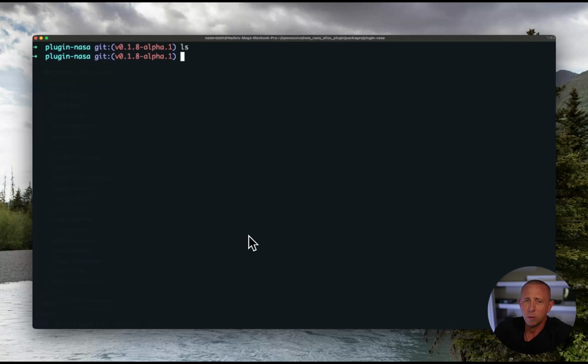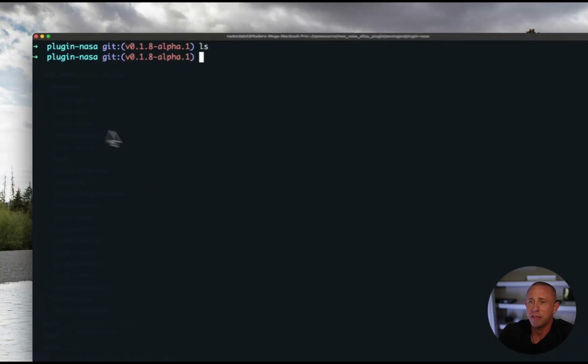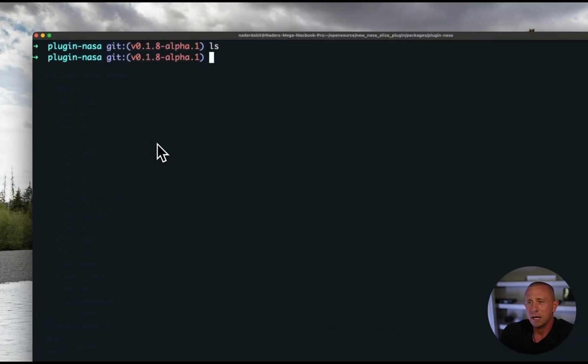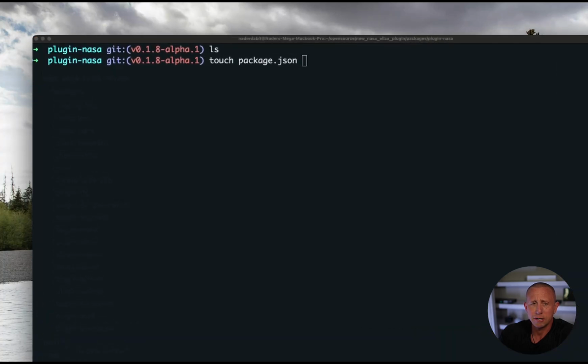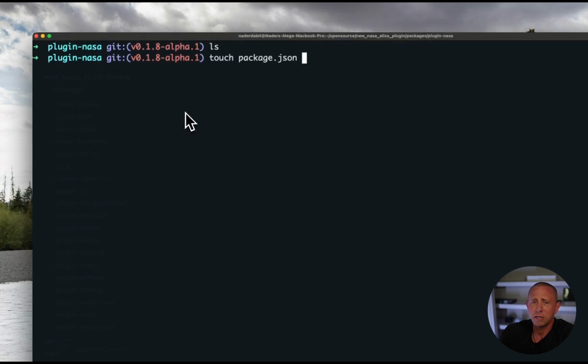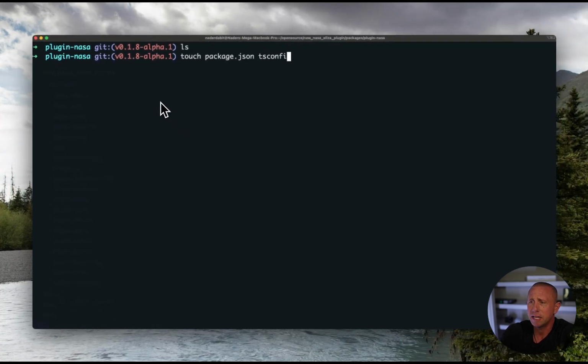So we're here, we're in our new fresh directory. We have nothing at the moment. To get started, we want to go ahead and create a couple of files. We're going to need a package.json. We're also going to need to set up a couple of things for our TypeScript, because we're going to be writing this in TypeScript. So we're going to also need a tsconfig.json. And we're going to need a tsup.config.ts. This is for bundling the TypeScript after it's been compiled. So we're now